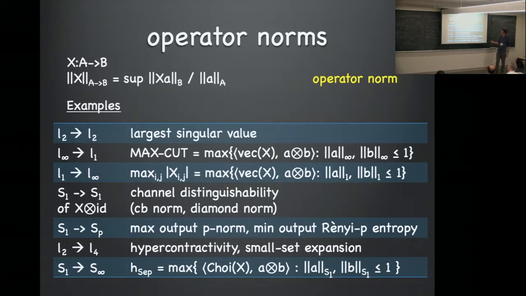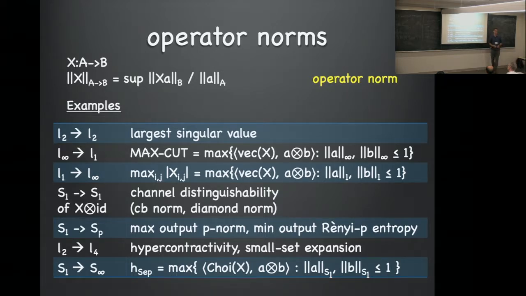you can think of X as a directed graph, and I'm coloring all of the sources plus or minus 1 and all of the sinks plus or minus 1. The start of every edge is colored by A, the destination of every edge is colored by B, and I want as many disagrees as possible, or as many agrees as possible. The sign of X determines whether I want the two sides to agree or disagree. So this is a computationally hard problem.